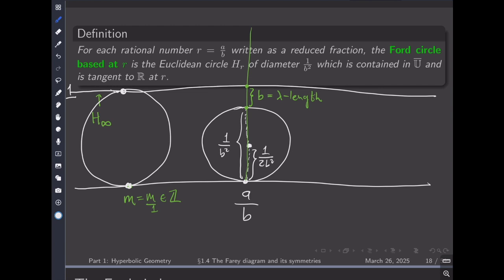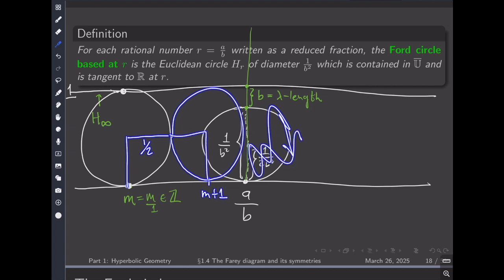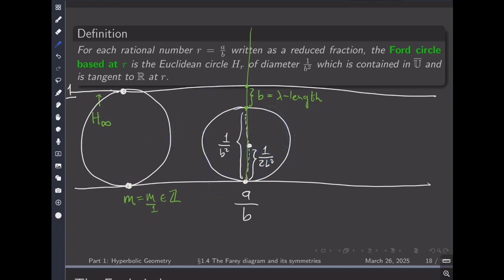So for the integers, we do have tangency between the corresponding Ford circle and the Ford circle at infinity. And moreover, if you think about it, the radius is 1/2. So when I consider m plus 1, it's also tangent. So at least I know that for each integer, the corresponding Ford circle is tangent to the Ford circle at infinity, and for two consecutive integers, their Ford circles are tangent to each other,